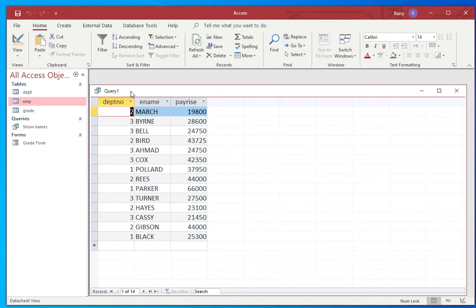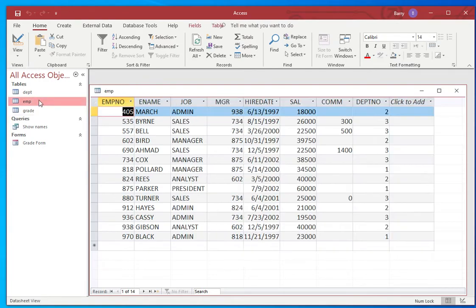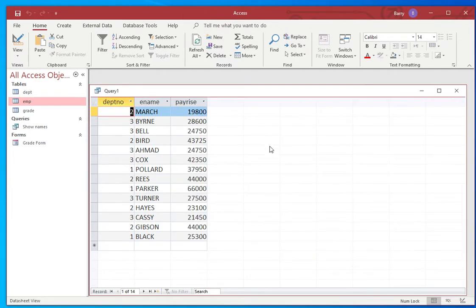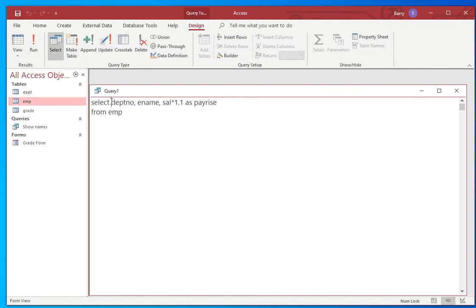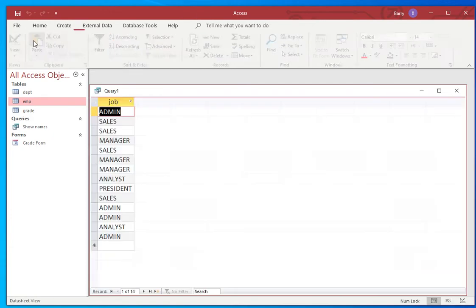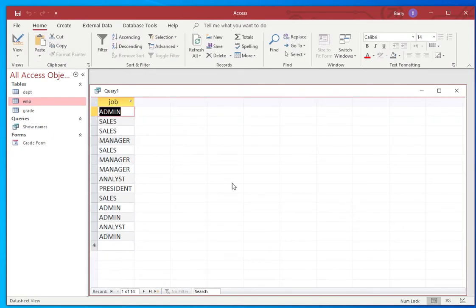So let's have a look at our EMP table again. Now you can see that obviously this is people that we employ, and you can see they've got particular jobs. So let's imagine that we had a query that said something like, show me all the jobs. So let's go back into the RSQL. We might start off with something like this. We might go, well, that's easy. Let's just go, show me all the jobs. Select job from EMP. And if I run that, you can see that it has, as we would expect, shown us all